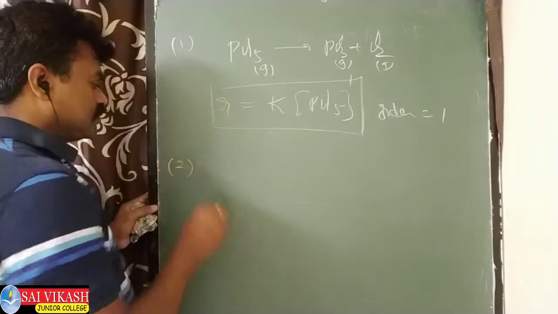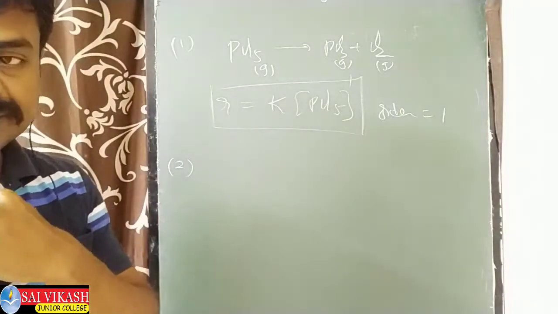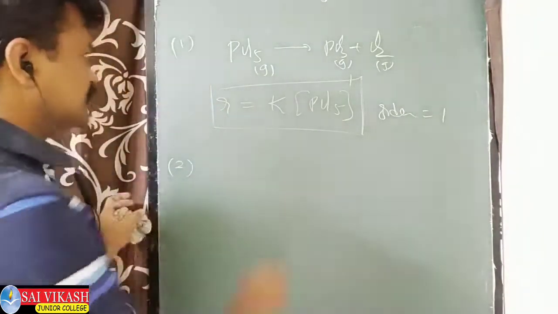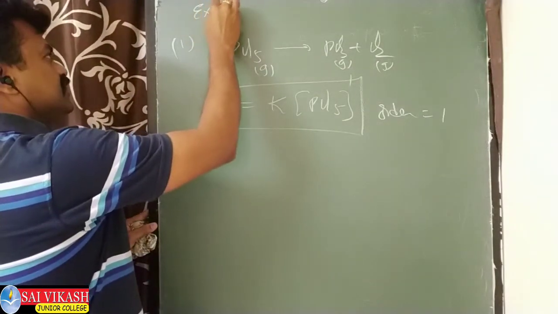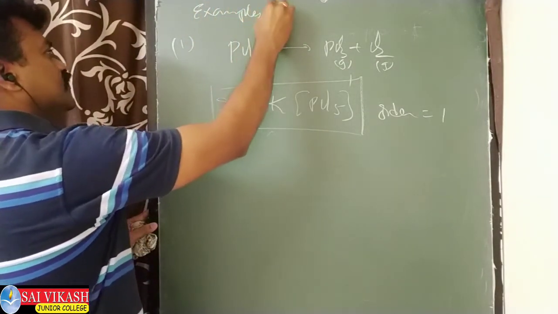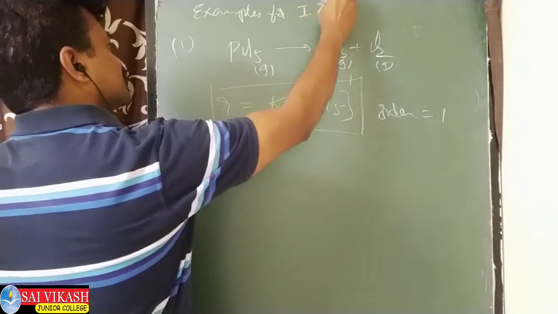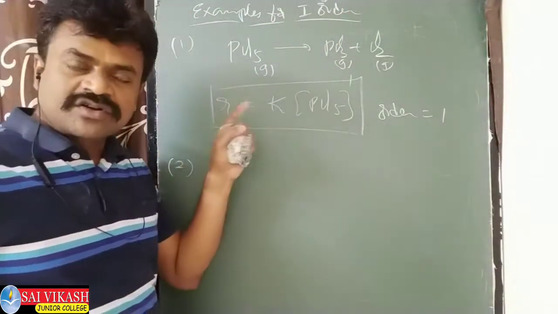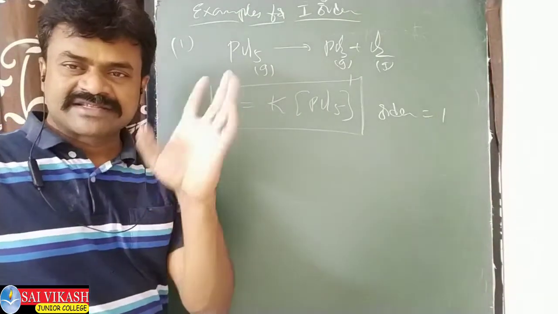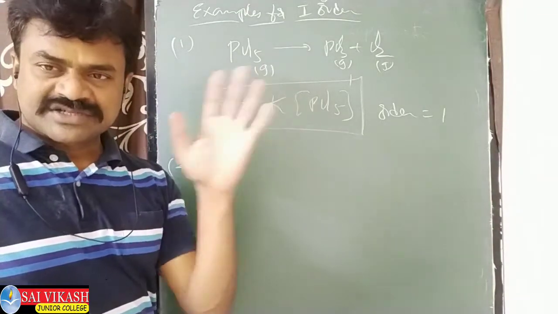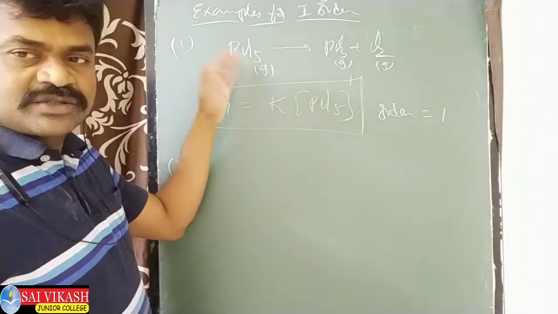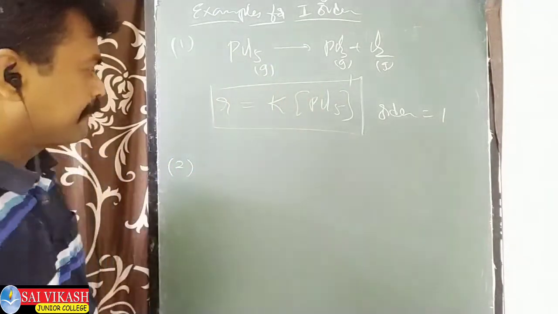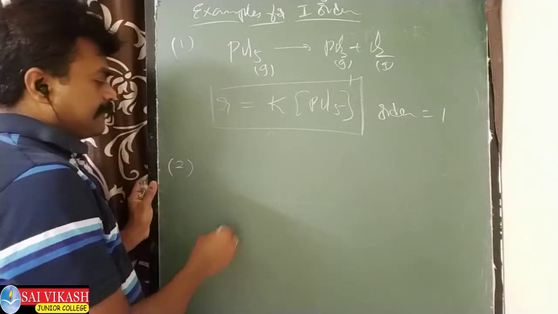I'll give one more example. Now I am giving examples for first order reactions. Here some exceptions are there, and I will tell you including all exceptions. If it is given like this, you can easily find out yes, it is a first order reaction. See for example,